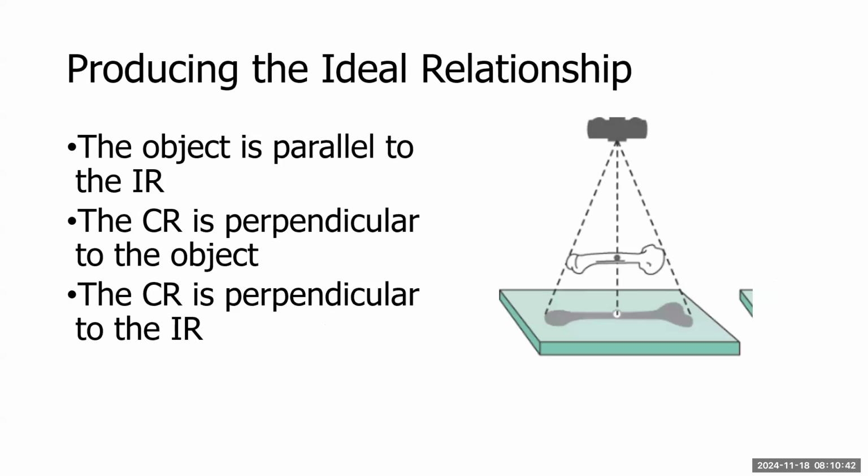The object we want parallel to the IR. Remember when we're doing like a PA hand, we want the part parallel to the IR. We don't want it jacked up unless we're intentionally doing an oblique, and we'll talk about that in a minute. But you want it to be part parallel to the IR, the central ray perpendicular to the part, and then the central ray would be perpendicular to the IR. In other words, we wouldn't want the IR to be at a tilt, right, to the central ray, because that's going to also create